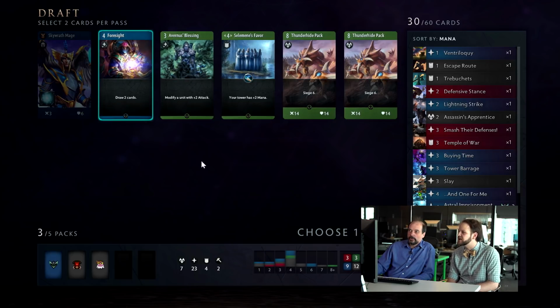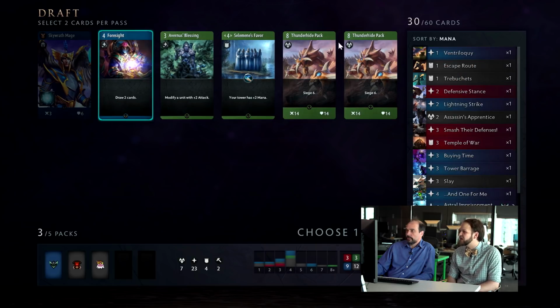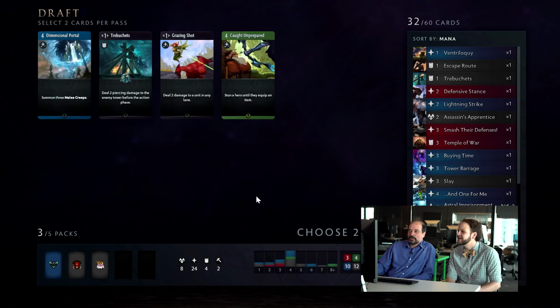Yeah, definitely Foresight. And then we could end up with some green too. So Thunderhide Pack, we already do have another huge guy, right? Yeah, he costs 9, was that right? Yeah, the Thunderhide Alpha. Well, let's just get more big stuff. Yeah, I'm for it. I don't know if we'll end up playing green, but...